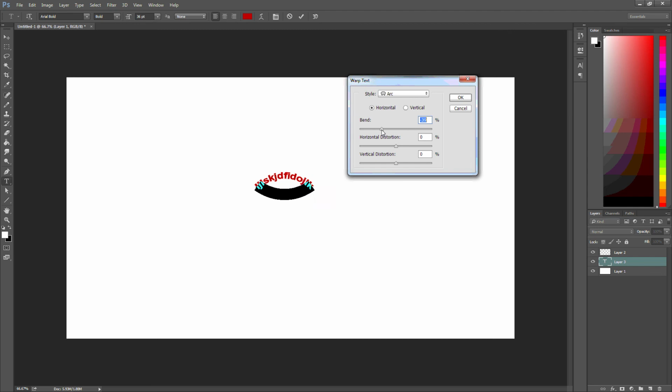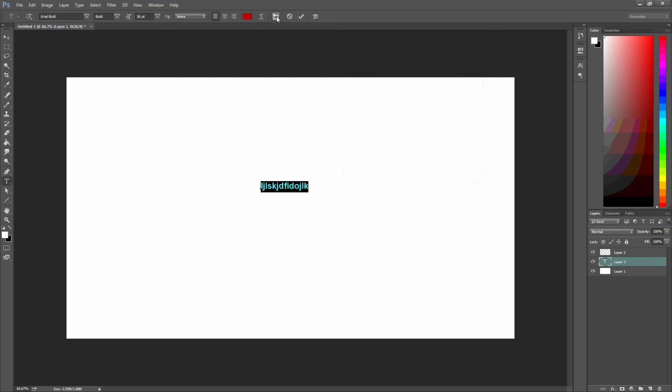You can adjust the amount that it's bent, and here you can see a better example of what I was talking about earlier. Right over here, if you click on this, you can get all of your options for your text to change the size, all of the stuff we talked about up here, plus we can change